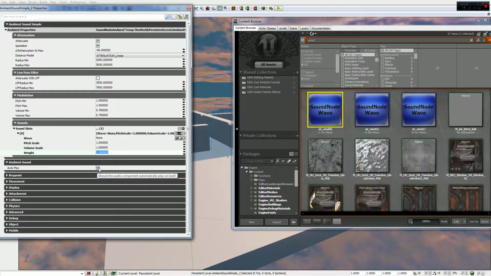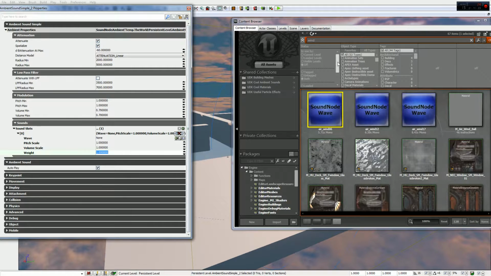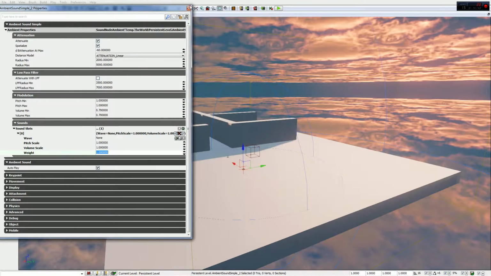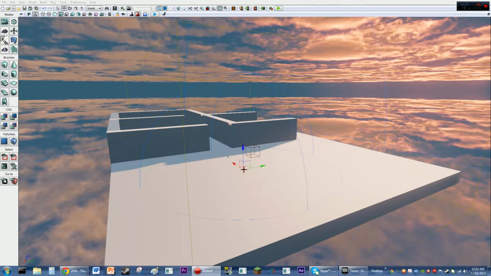Now, of course, autoplay is self-explanatory. You can just check this or uncheck it, depending on whether you want it to start playing immediately or wait for some sort of signal from something like Kismet. All right, next we've got,